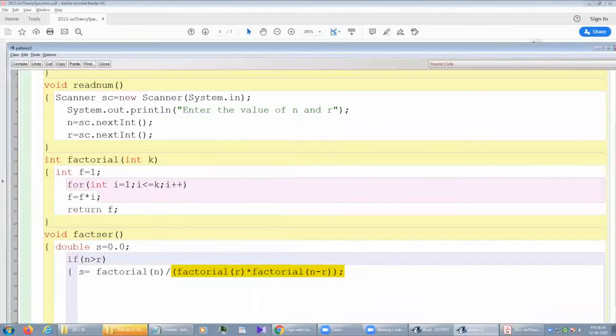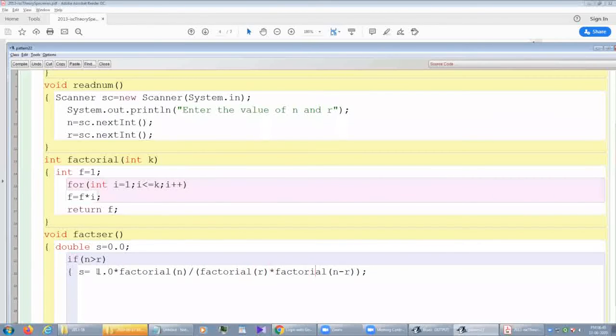About this statement, the first mistake may be that they are not converting it to double, and this bracket as well. So we need to convert this 1.0 into factorial n, so that the numerator is converted to the double data type and the denominator is an integer. As per the precedence, double is higher, so in a mixed expression it will return a double and it will store to s also.